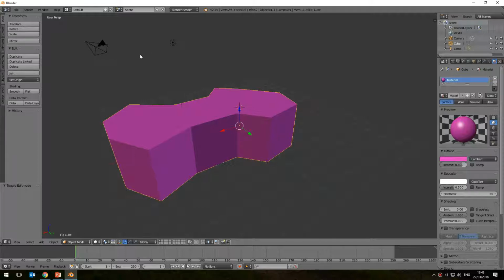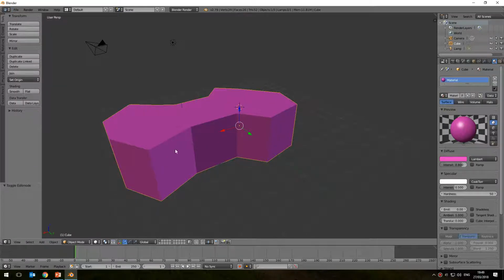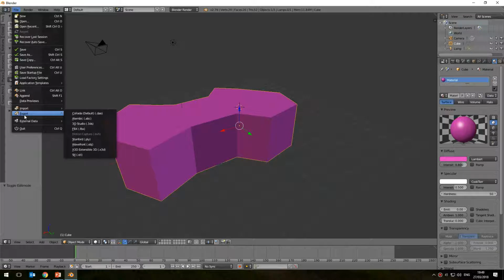So once we've done that, we've finished modelling it. All we need to do now is to save it in such a way that we can get that into PowerPoint. So at the top left, click on File, and rather than going to Save or Save As, which you can do, but that will just save it as a Blender project, we're going to go to Export. So it's File, Export, and what you're looking for is the